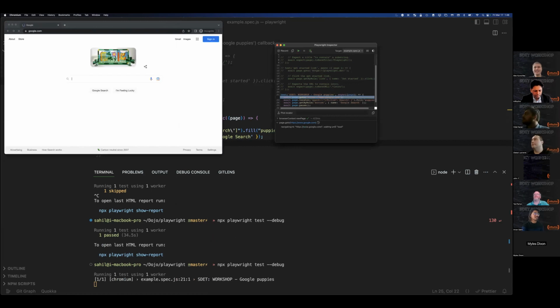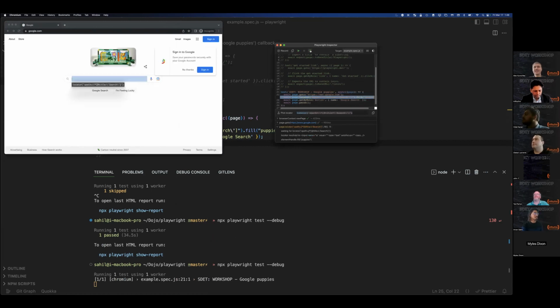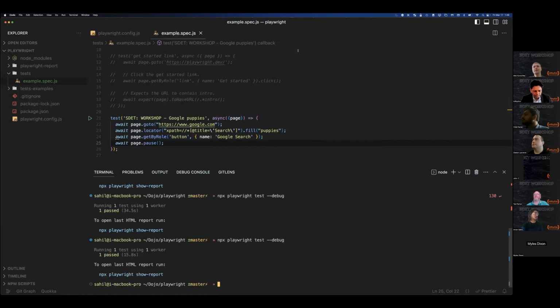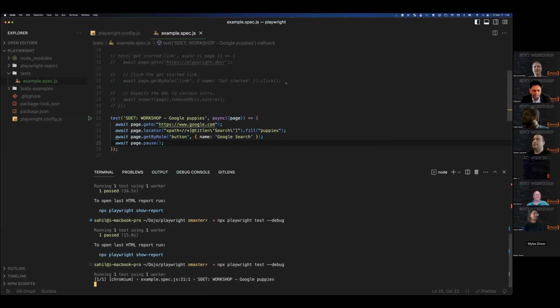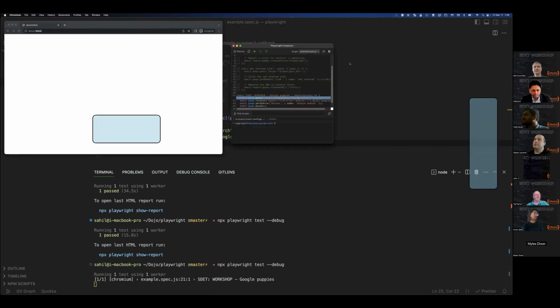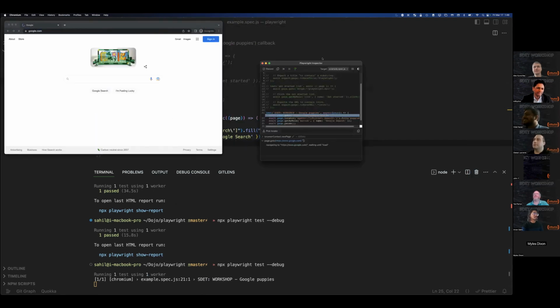Okay, so one more time, google.com. You don't need to go step by step. Now you can play and it will stop. Okay, it stopped. Oh, it passed. Yeah, it stopped on pause and then you click play and then it continues. But yeah, I see. It's happening way too fast. I'm not used to things being this fast. All right, let's click play.